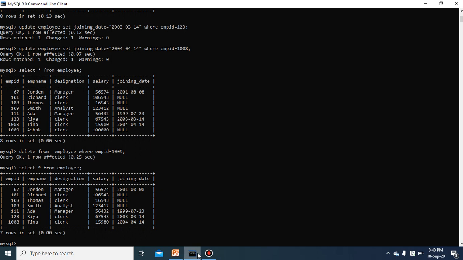So the first task is how to add the column. You have empid, name, these all are the names of the columns of the table employee, and now you want to add a column. Suppose you want to add a column named address or city, then how will it be added? With the help of the alter table command.